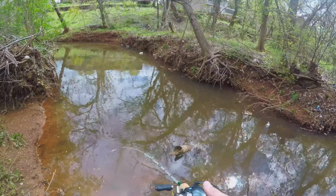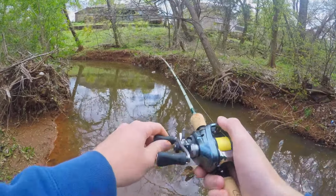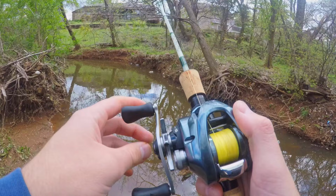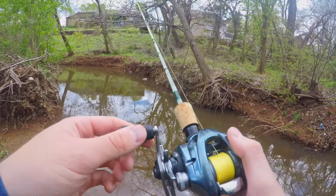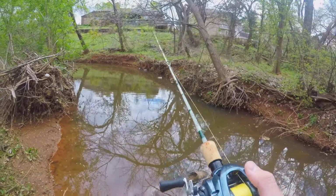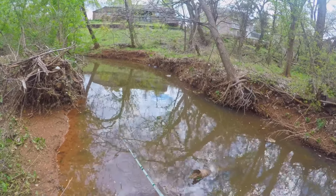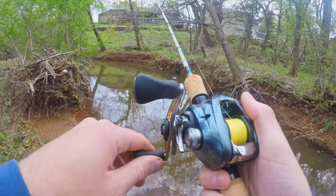Quite a few species in this creek. There's bluegill, pumpkinseed, green sunfish, longear sunfish. There's largemouth, obviously. There's, what are they called? The tiny little catfish. What are they called? Bullhead catfish. I'm not sure what species of minnows there are. Never really fished for those before, but